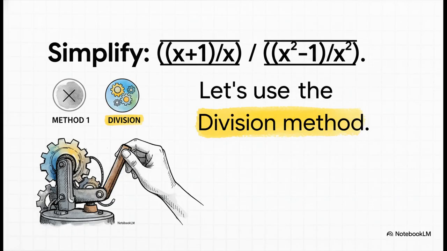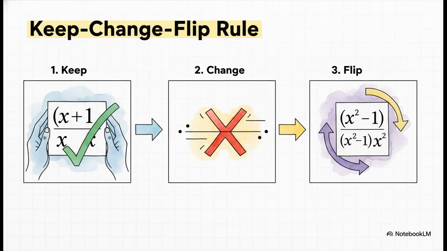And this time, we're going to use our second method. Here we have (x + 1/x) divided by (x squared minus 1 over x squared). Now, since the top and the bottom are already single fractions, using the division method is a supernatural fit here. So because this is already just one fraction sitting on top of another, we can jump right to our favorite